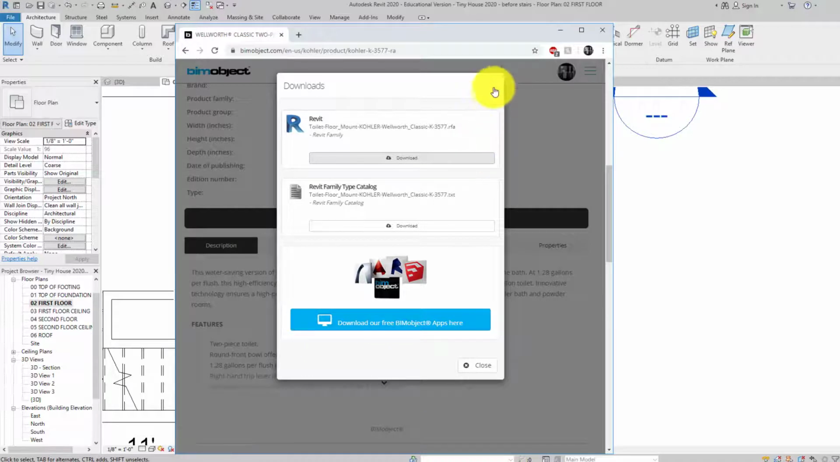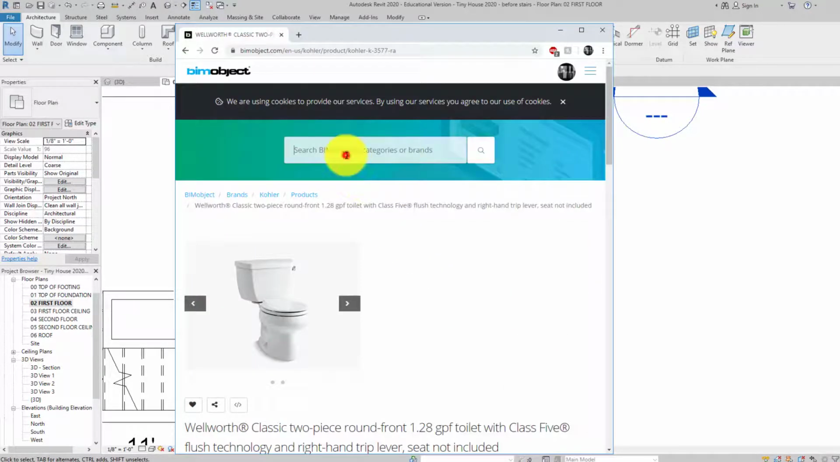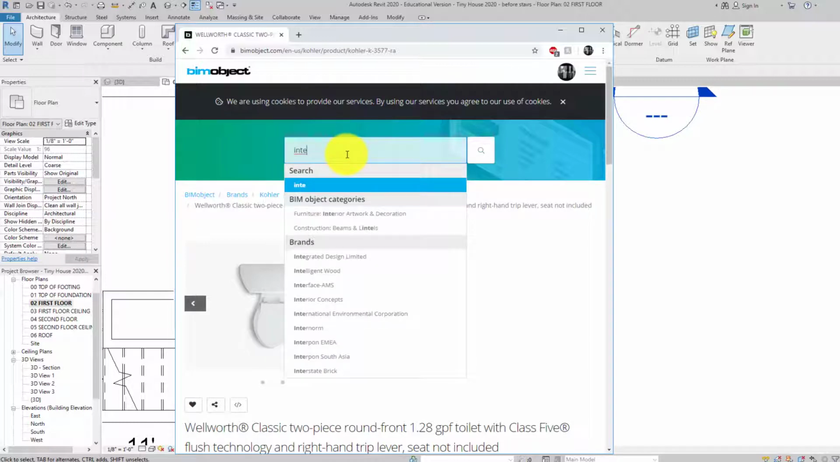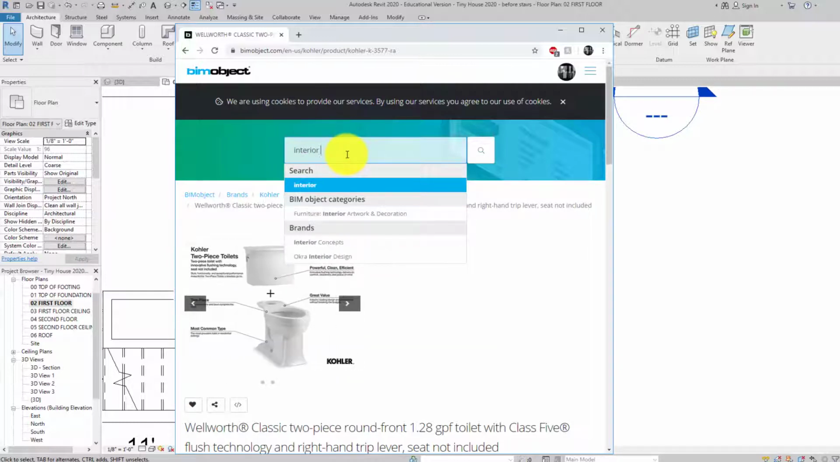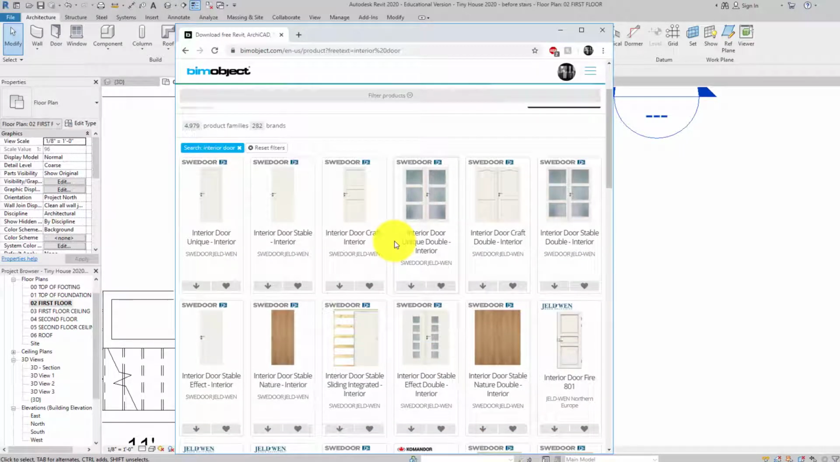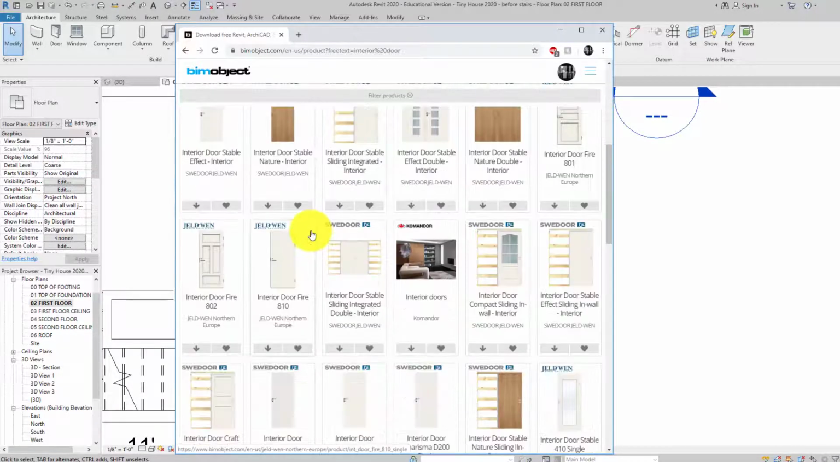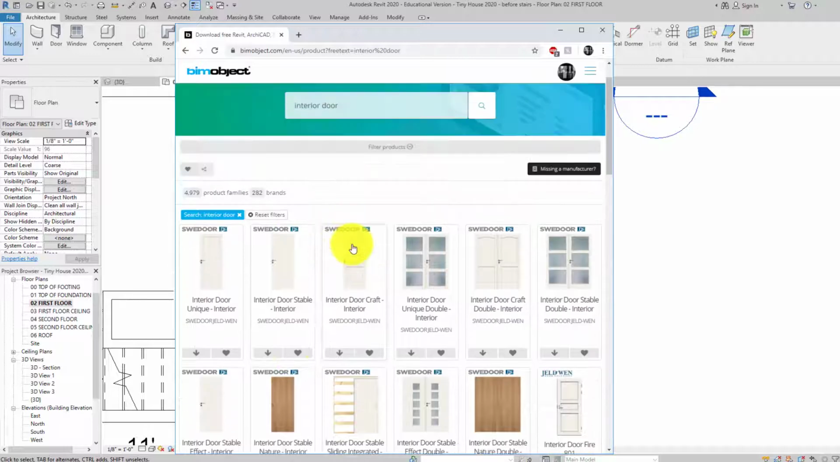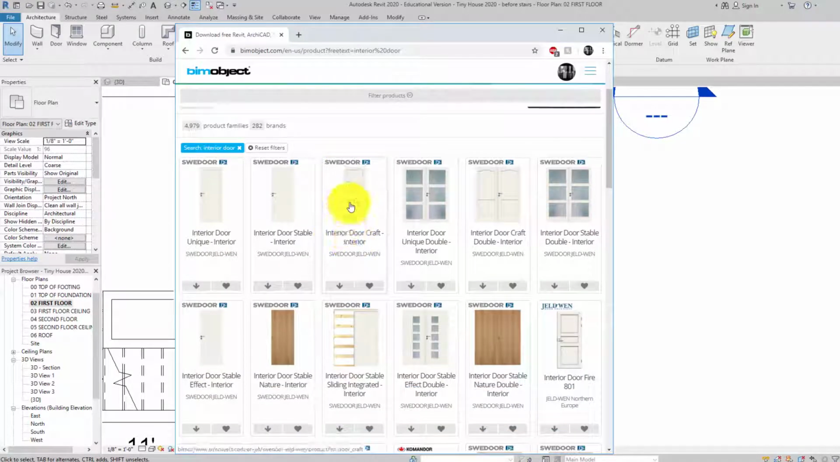So I open this back up, I'm back in Bimobject, and if I just type in interior door, let's see what we get. You can see all sorts of different doors, and actually this right here, this Geldwin door, you can get those pretty commonly. And so I think I'm going to just go with the first one, this one right here. This one looks pretty good. I think that'll fit the style of our house. So we'll click on it,